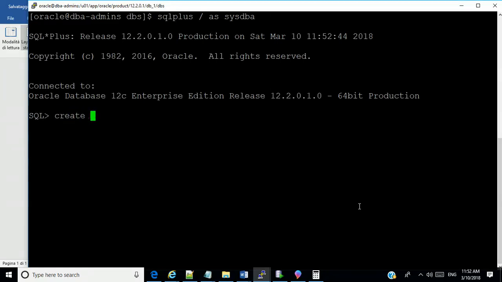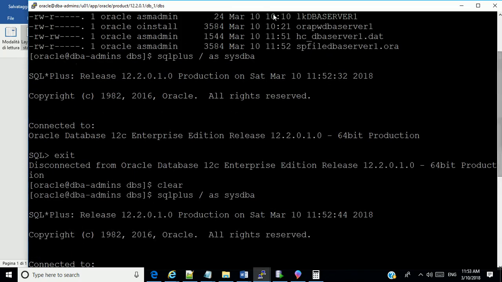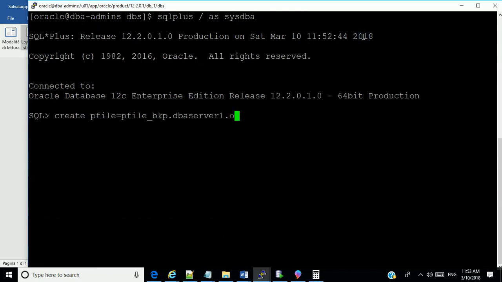I'm going to create pfile equal to 'pfile_backup.ora' from spfile.